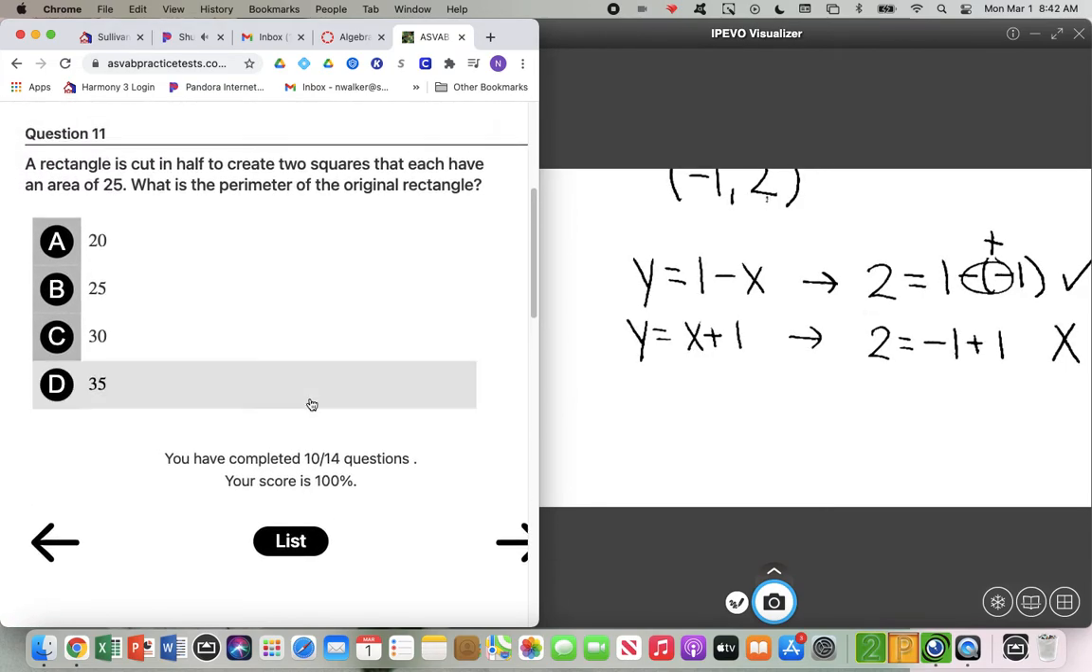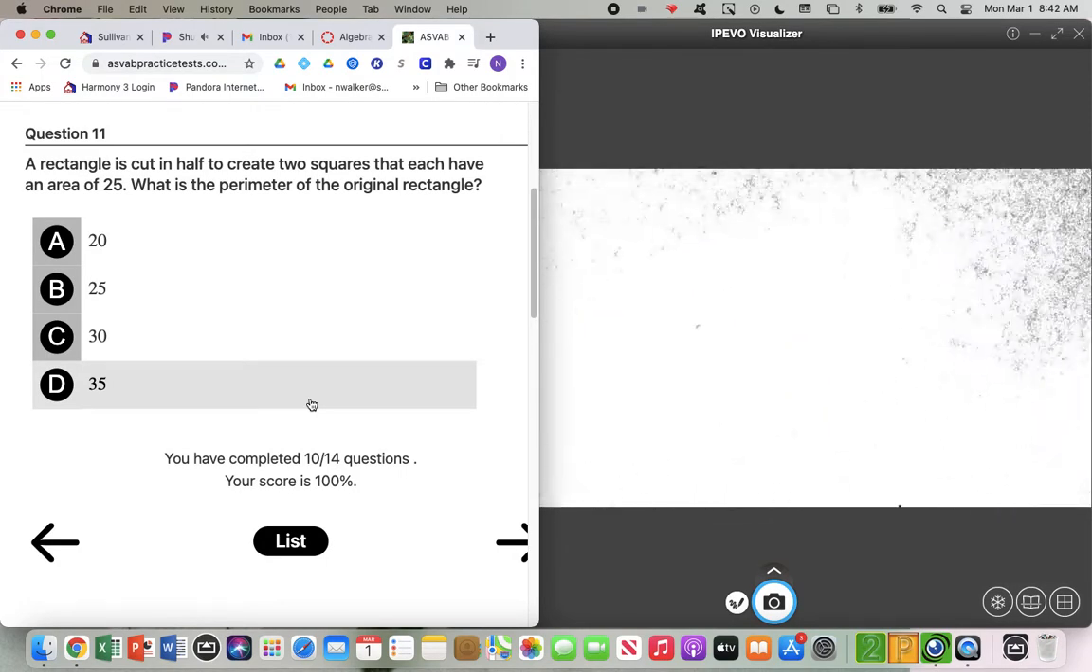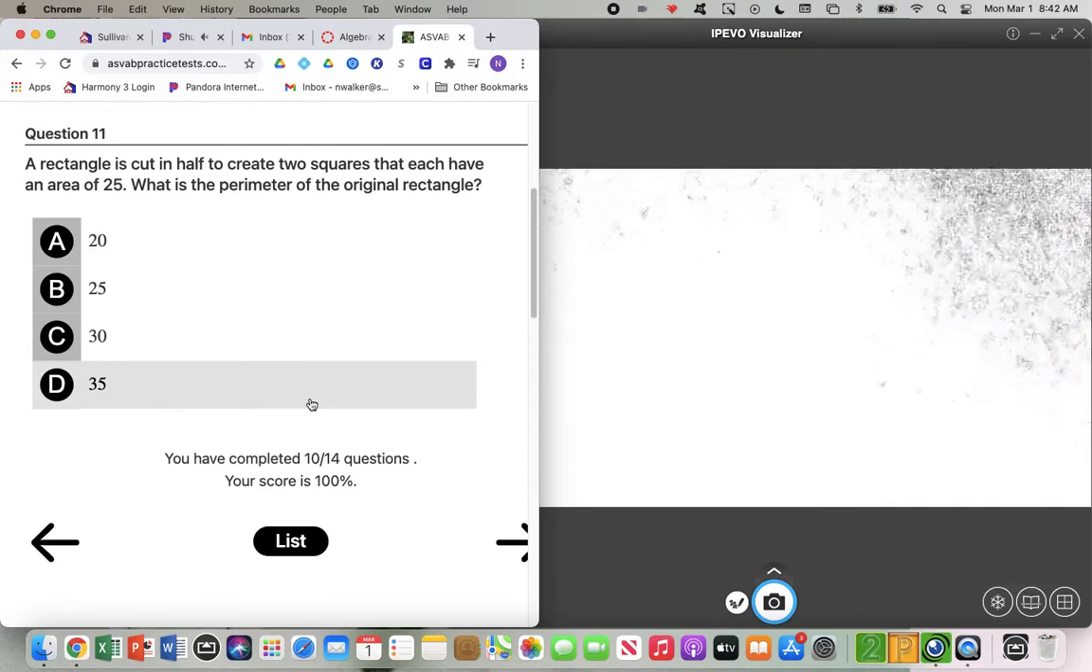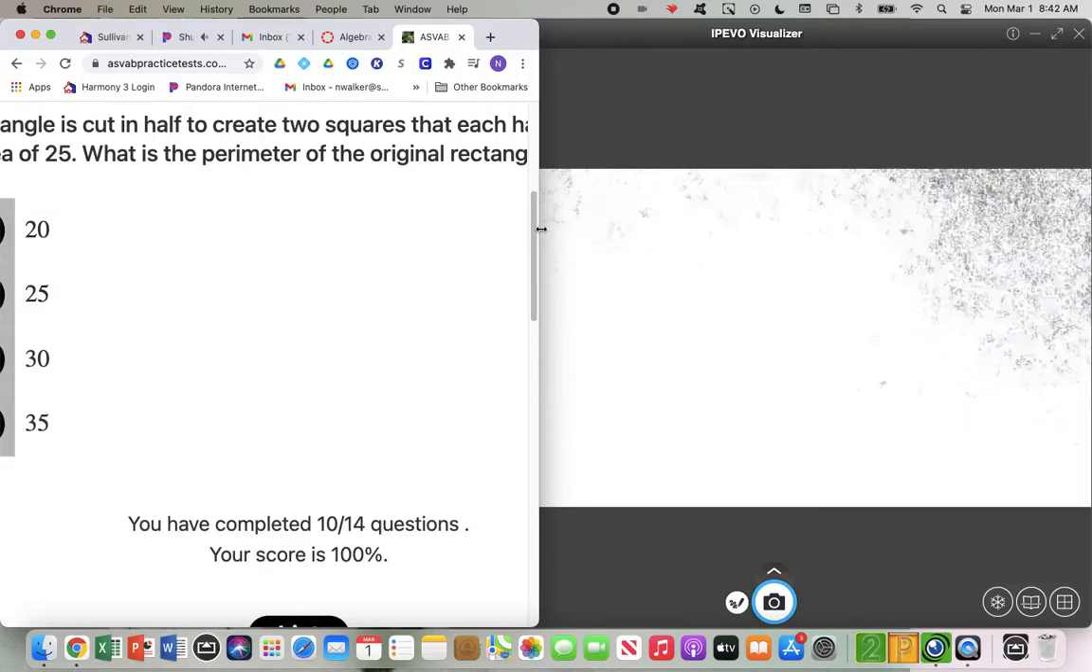Oh, I like this question. All right, this one says that a rectangle cut in half,